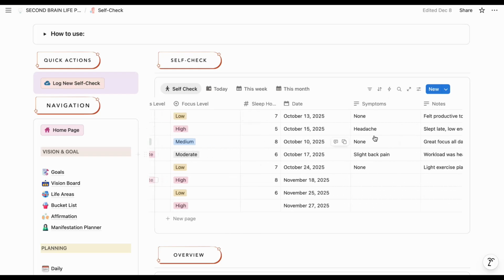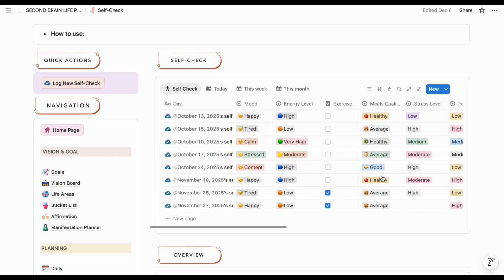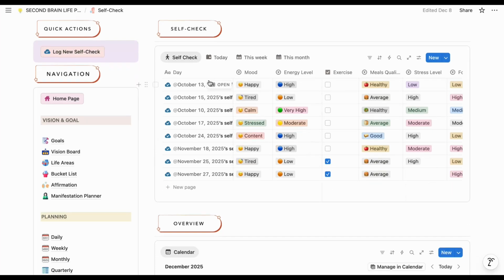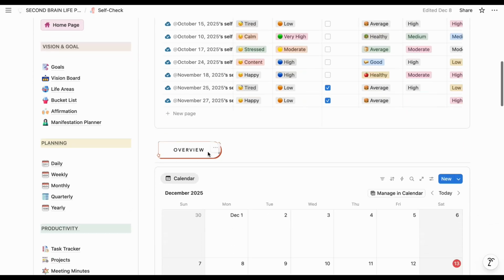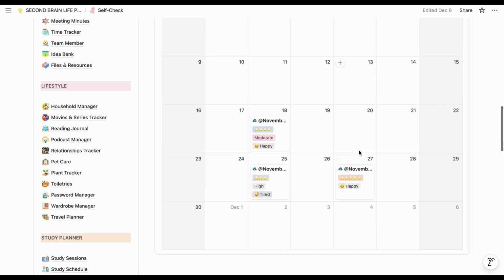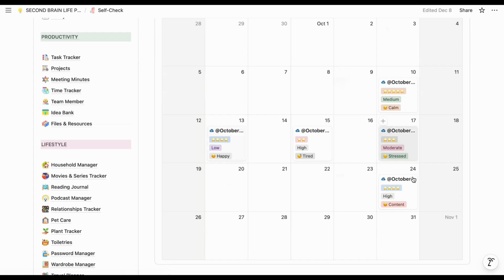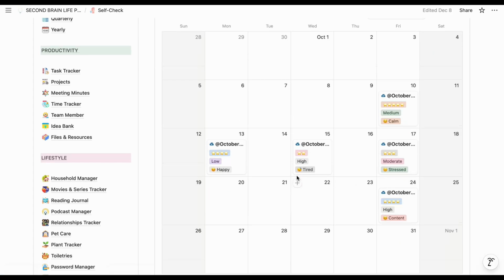Even your sleep hours, symptoms, anything, you will be able to enter and then track your complete daily logs: how your energy level was, what kind of food you took, everything you can enter over here and then track from here. You also have a complete calendar view for this. Which days you have logged in, you will be able to see on the calendar over here. That is one of the best things you can view on your calendar itself.